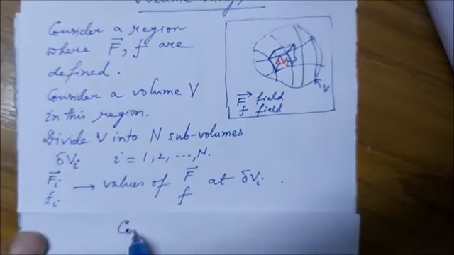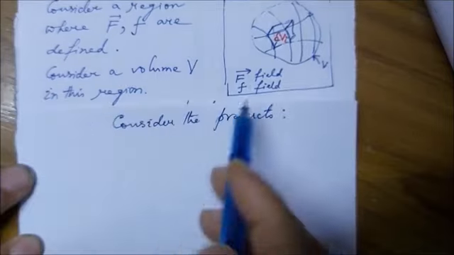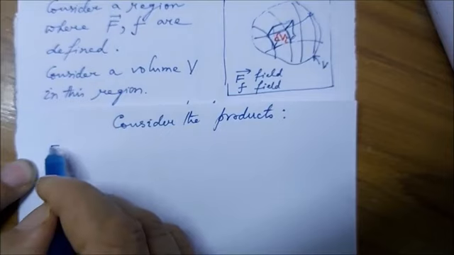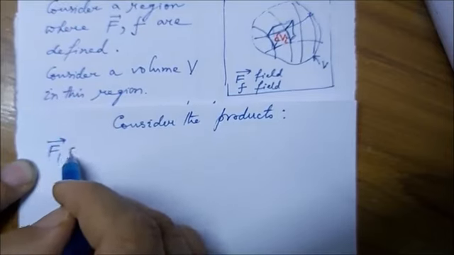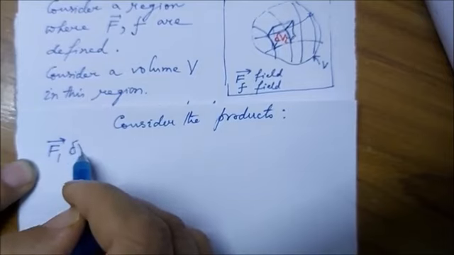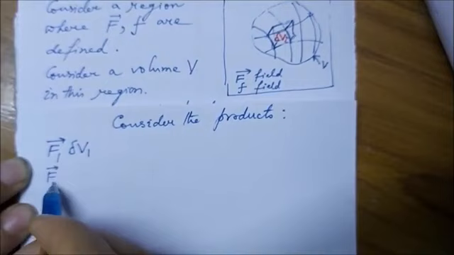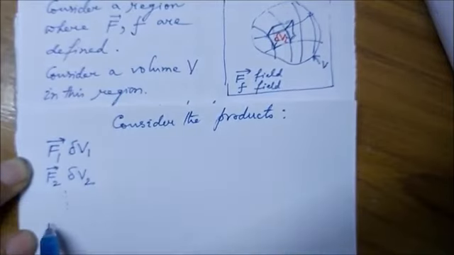Let us consider or construct the products as follows. In the first subvolume, the value of vector F is F1. We multiply it with the amount of the subvolume, say delta V1. For the second volume element, we thus have vector F2 delta V2 and so on. The last one, that is the nth one, is